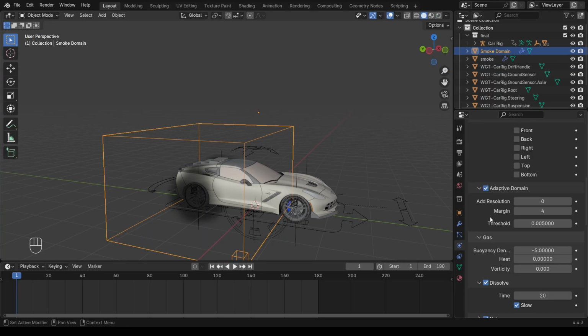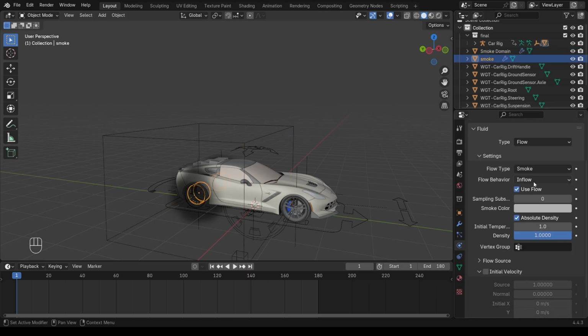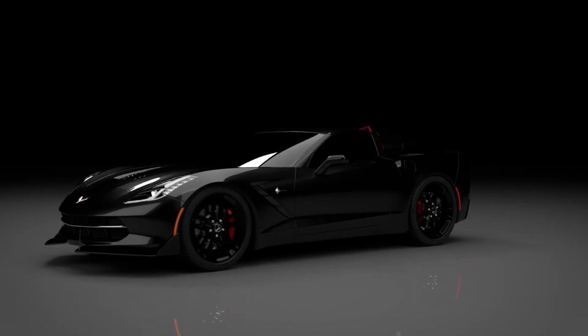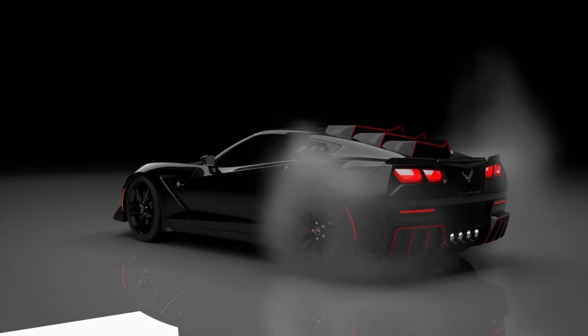And that's it. We've got our car burnout animation with spinning tires, drifting, suspension bounce, realistic smoke, and a final